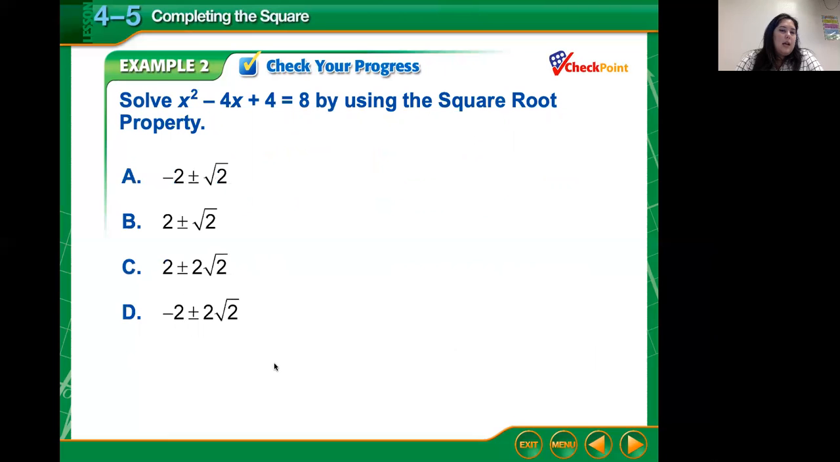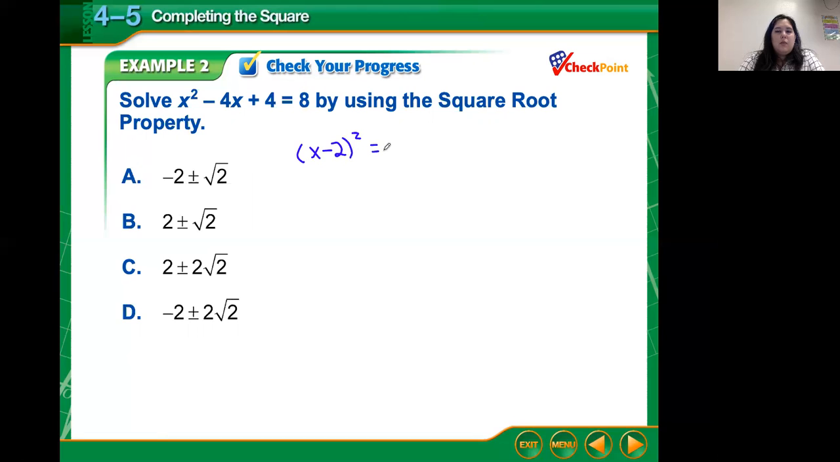All right, go ahead and try x squared minus 4x plus 4 equals 8 by using the square root property. All right, let's go ahead and take a look here. So we already have, this is a perfect square trinomial. It will become x minus 2